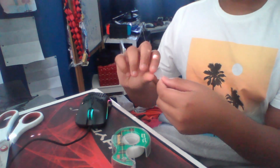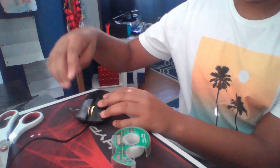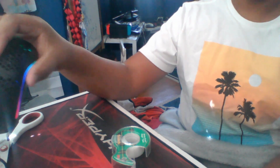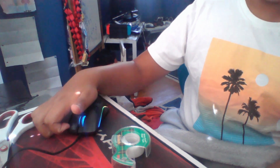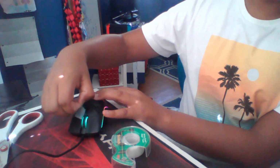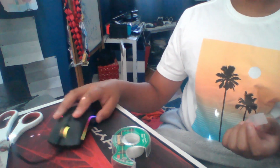Alright. So, what we're going to do is replace it on the mouse. As you can see on the mouse, there's a little honeycomb pattern. I was an idiot and I put the tape on it, but there's no point in it. So I don't have good nails, but I can still take this tape off. So then, what you want to do is,